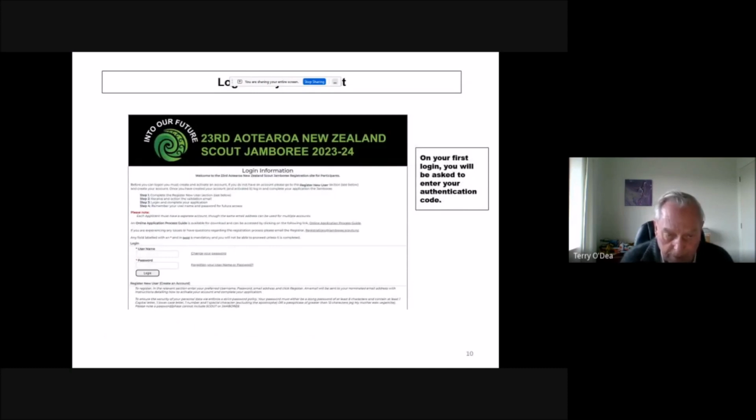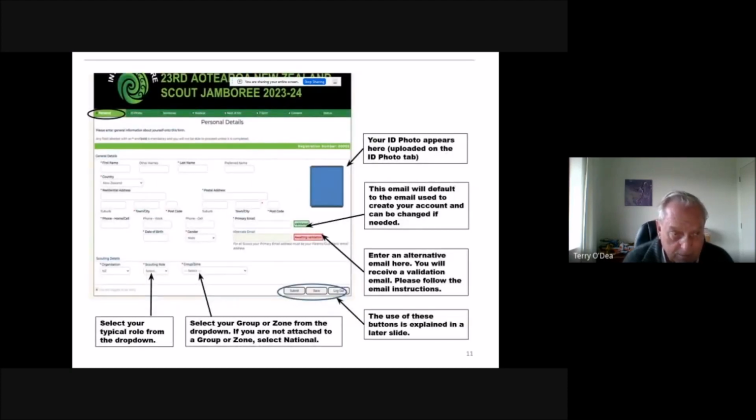So when you go back in, you'll see that opening page again. But this time, you go to that top section, and you simply log in using your username and your password. Click the login button there, and that will activate your account. Well, sort of. First thing you've got to do is, before the activation will actually happen,